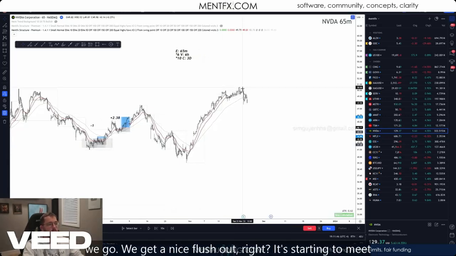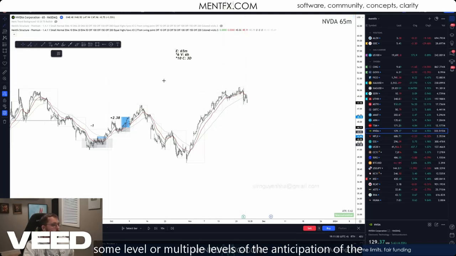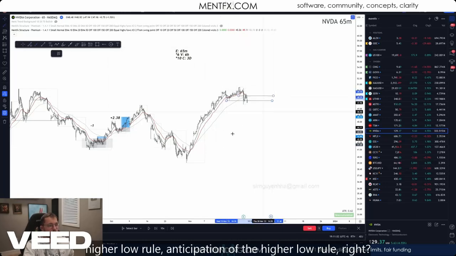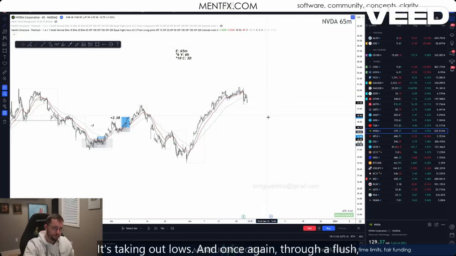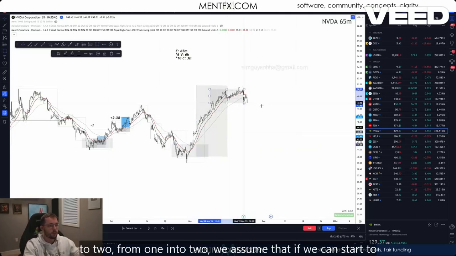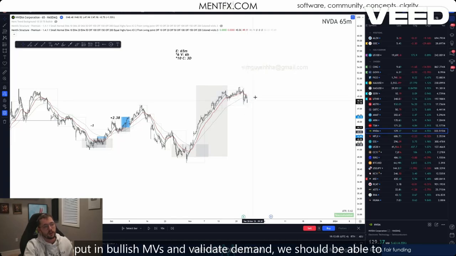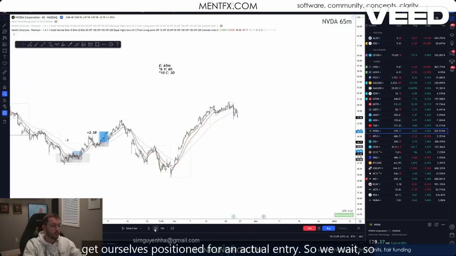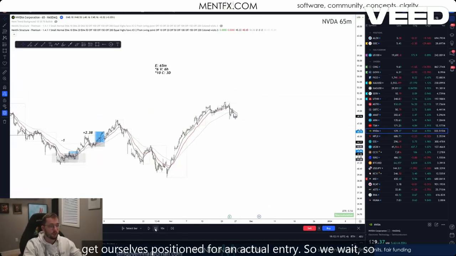So there we go. We get a nice flush out, right? It's starting to meet some level or multiple levels of the anticipation of the higher low rule, right? It's taking out lows. And once again, through a flush, within an overall bullish market that went from stage one into two, we assume that if we can start to put in bullish MBs and validate demand, we should be able to get ourselves positioned for an actual entry. So we wait,